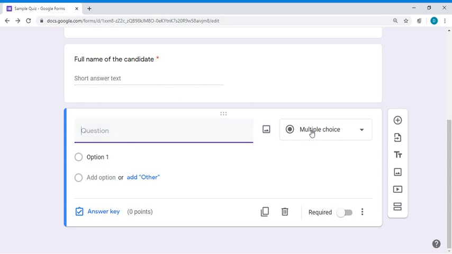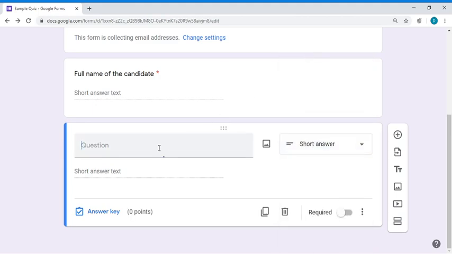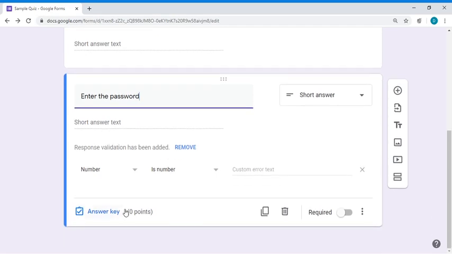Now I am going to make the setting for the password. So go to short answer, enter the password. Here automatically this response validation will come.